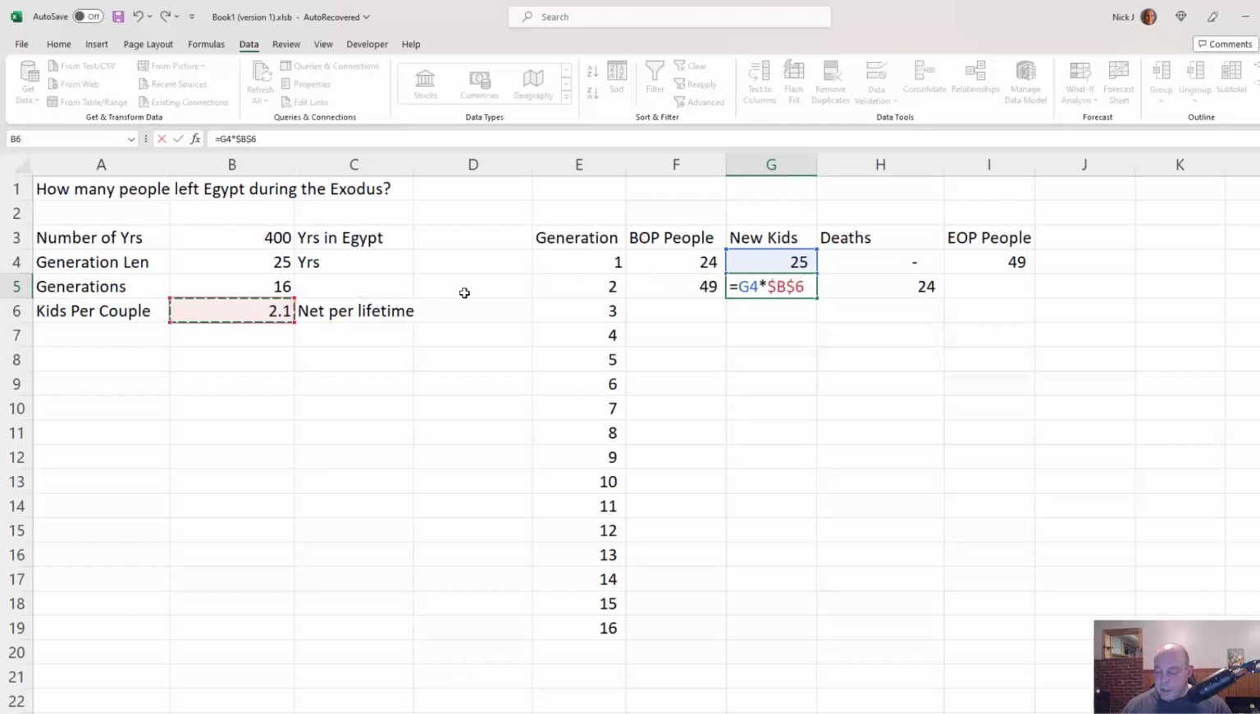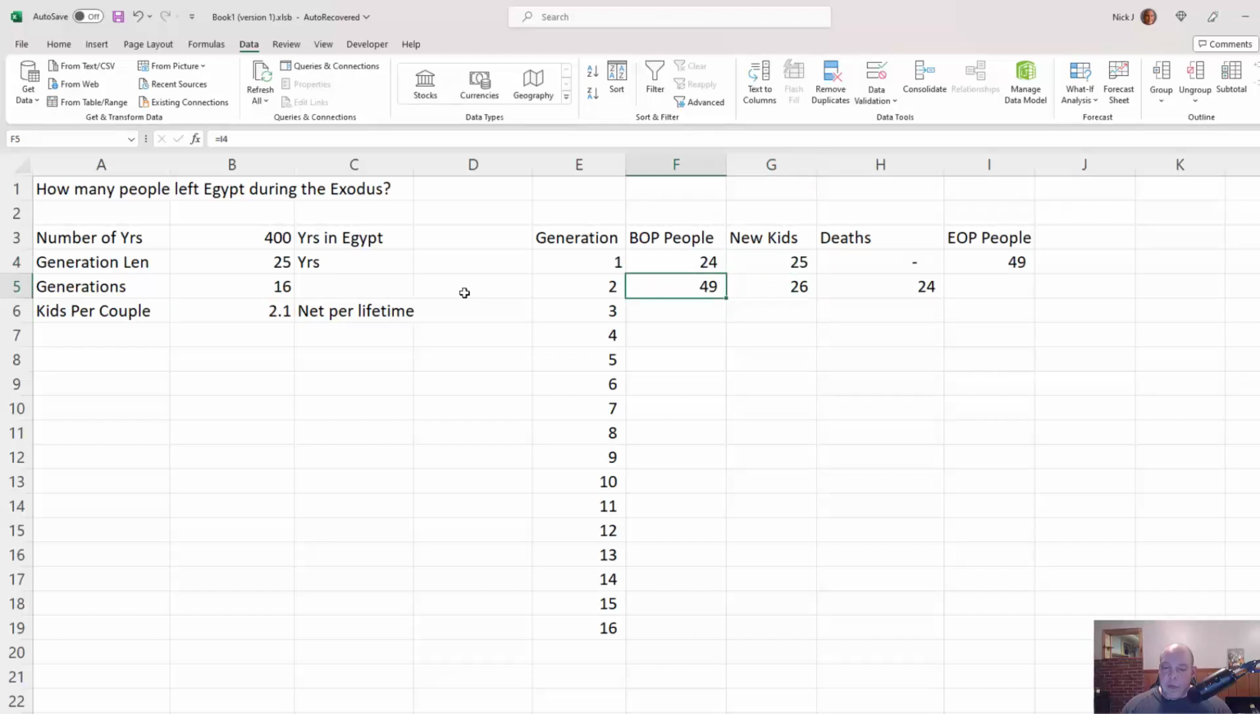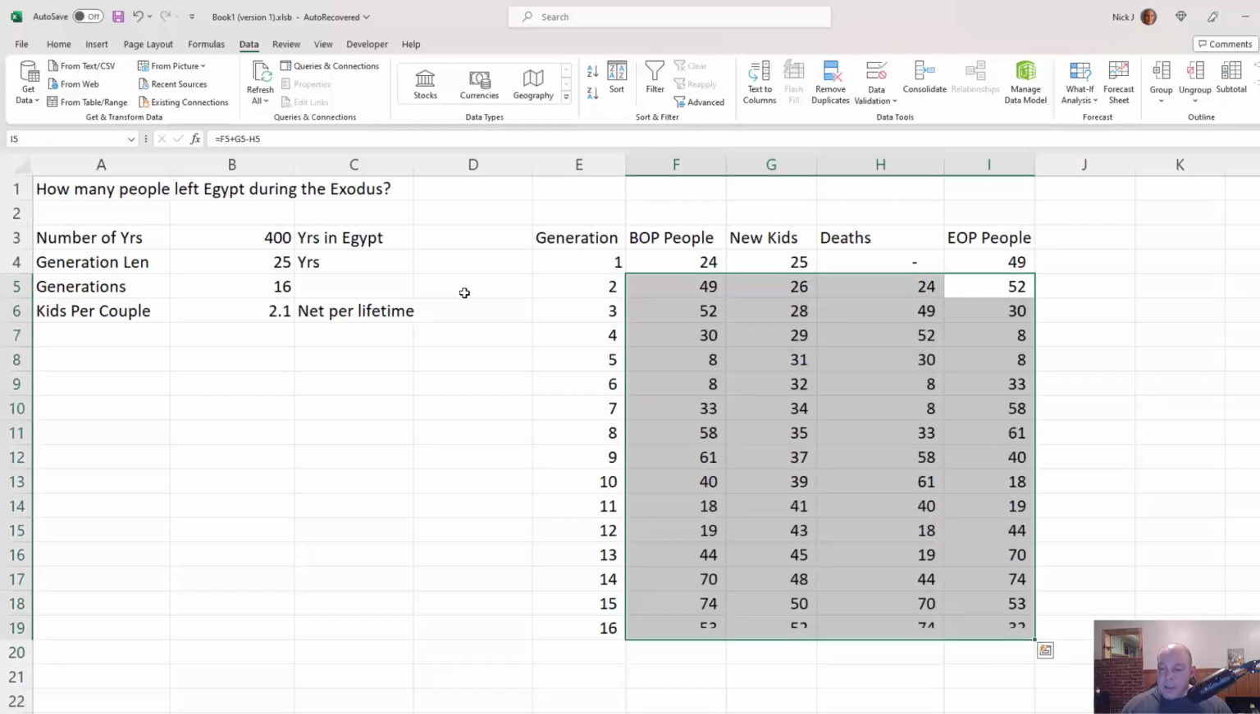2.1, again divided by 2 because we're assuming some couples. And that gives us 26 new kids, 49 people at the beginning of the period. The people that started the first generation, they're dead by the end of the second. So you have an end of period population of 52. Pretty flat. So if we just drag this down, grab this, highlight it, Control D, and that'll fill down the